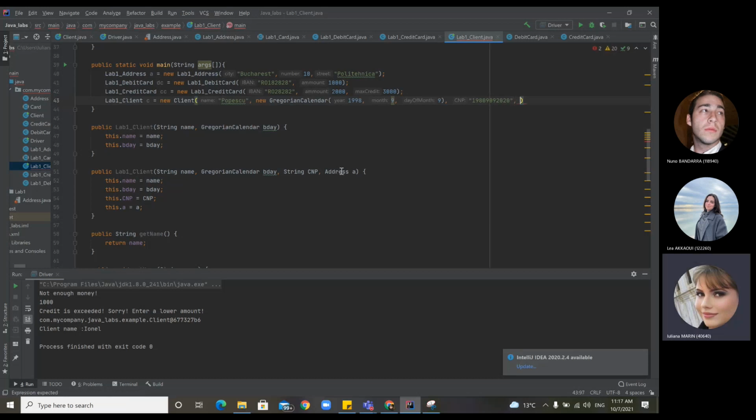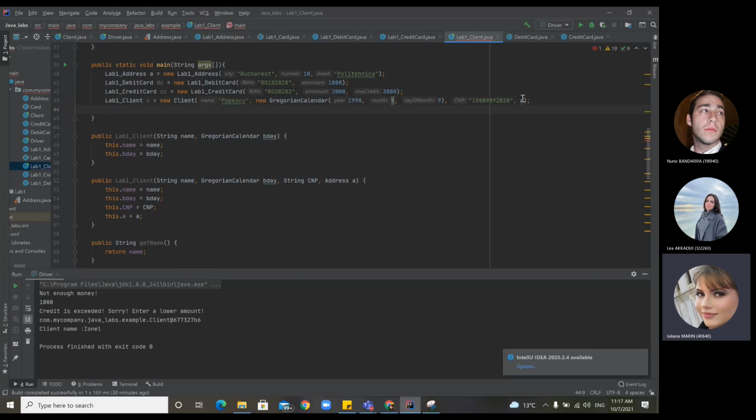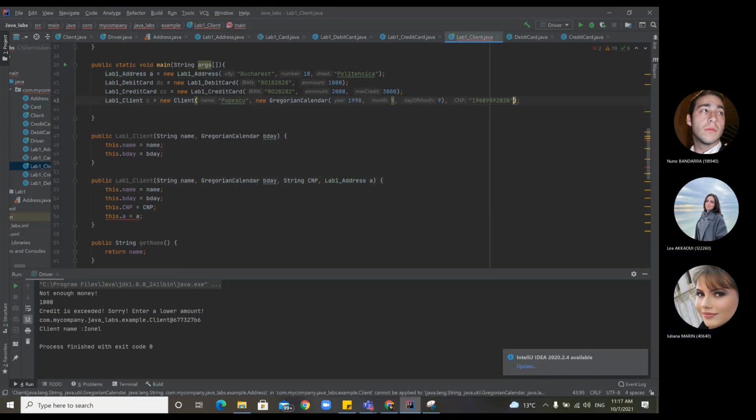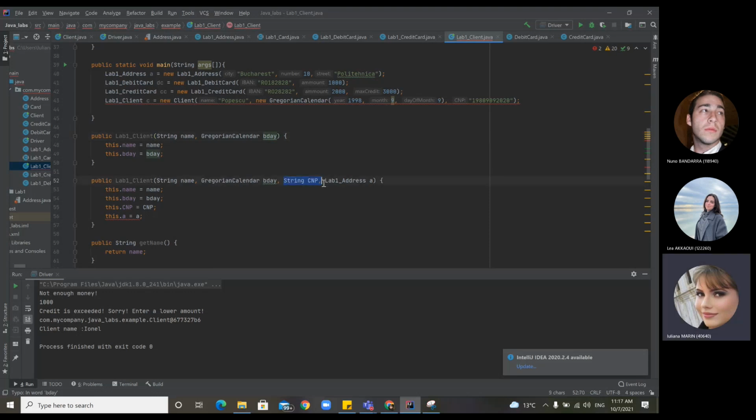I know that I also have the address. The address is A. Okay. It's not the same, because it's of type Lab1 address. What's the problem? It's not this way. Should be this one. Same. Or you can put it here. So